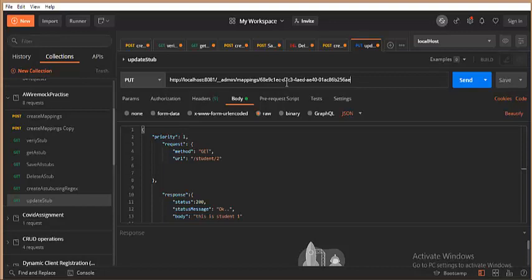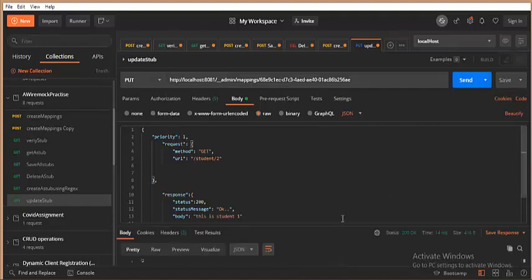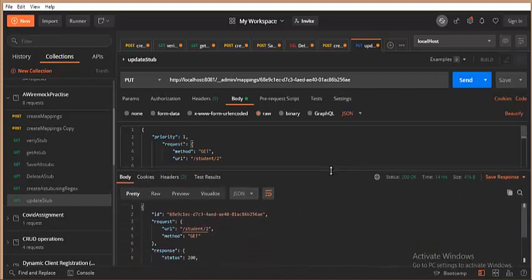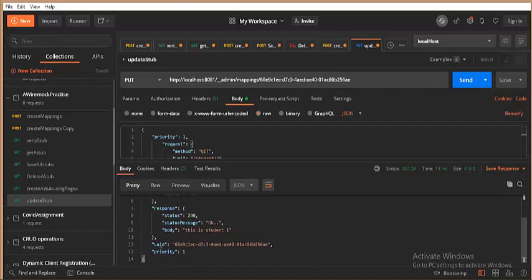So now what I'm doing, I'm updating the /student/2 stub that is already created, and I'm adding another field called priority in order to see the intended response when I hit this matching endpoint, because the generic endpoint is actually defeating this endpoint. In order to win against that, I need to increase the priority for it. That is the reason I need to update this stub. Let me hit send, and you should be seeing the success status 200, and now everything is done. You can see the priority is updated too.